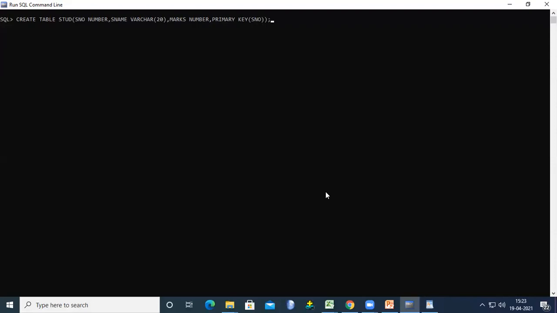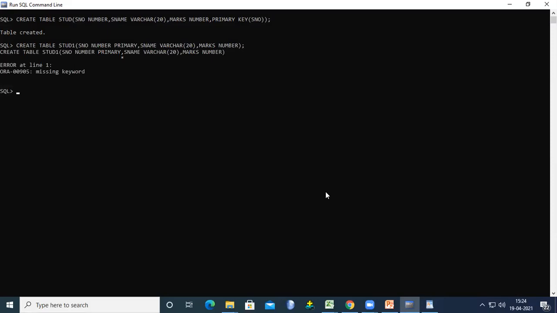So this is one way of creating the primary key. Now again we use another way. For example, here we do not mention this. Here I'm specifying this is the primary key, and we give another name, that is stud1. Missing keyword, yes, primary key.